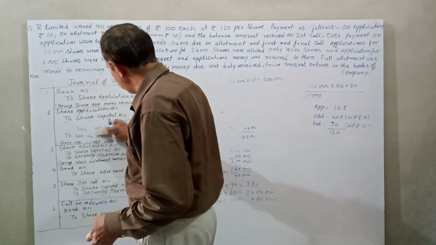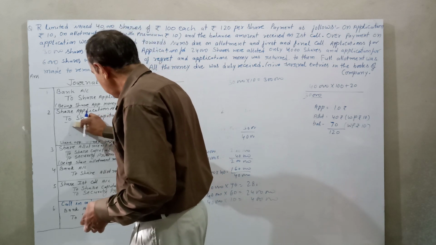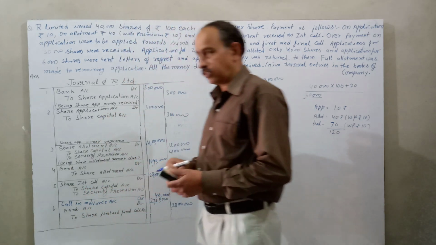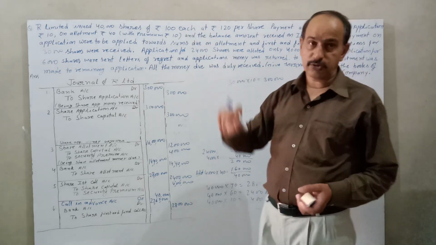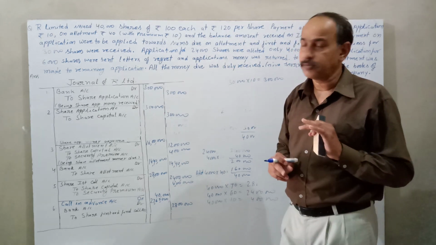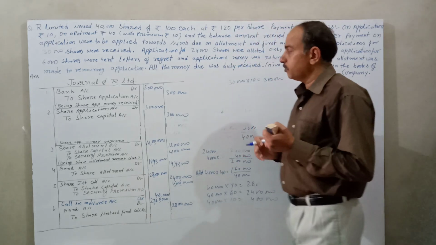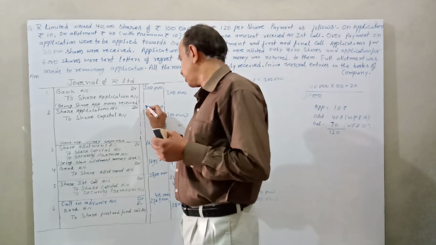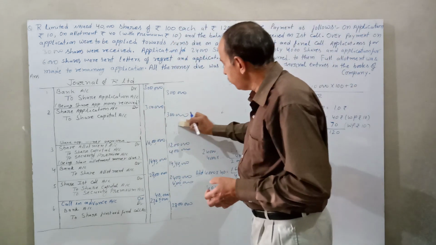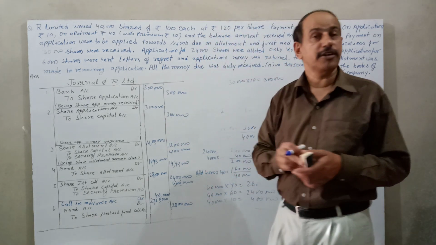No bank, no share allotment, no call in advance in this entry, because 30,000 shares were received out of 40,000. The company issued 40,000 shares and the applications received were only for 30,000 shares. So the company received 10,000 less than the issued shares. So the amount was not received in excess by the company from the shareholders. So we cannot transfer. No bank, no share allotment, no call in advance.